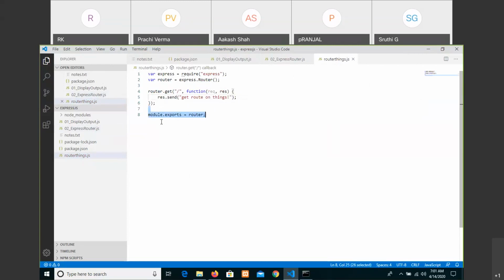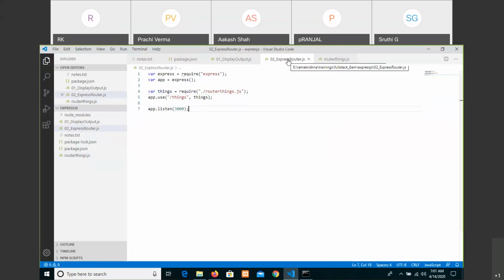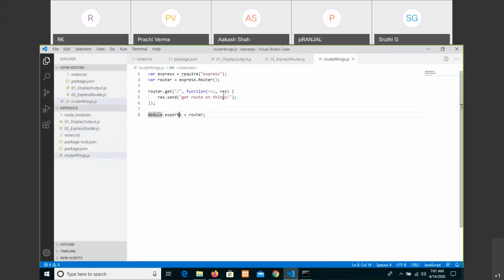That is called, we can say, exporting. Module dot exports equals router, ready to see that output here itself. So if you execute this one, it enters into this file, does some process, gives an output and displays it in the same URL that we have expected. So let us execute now.